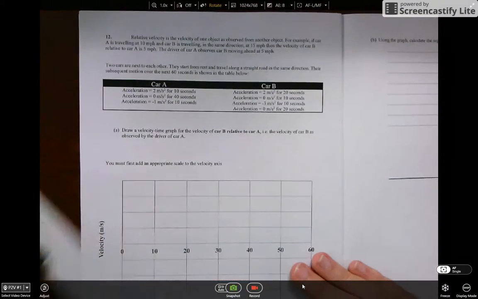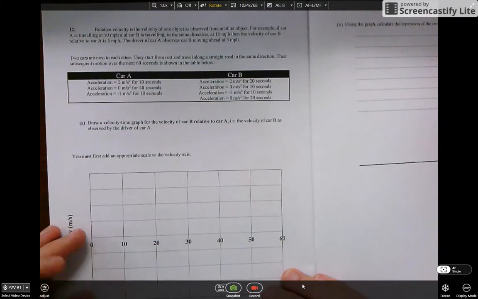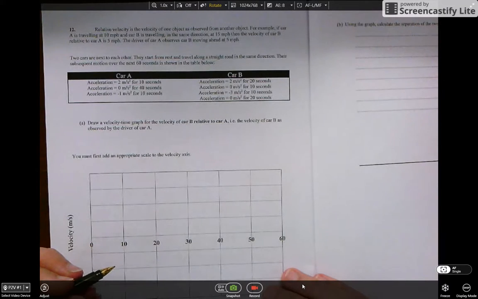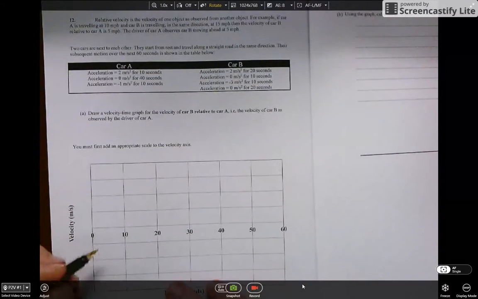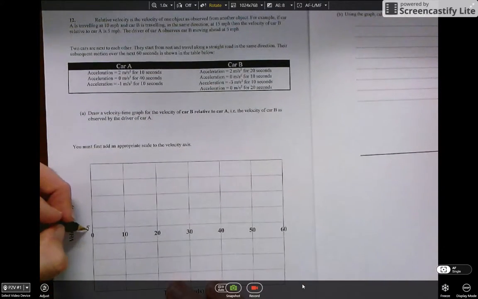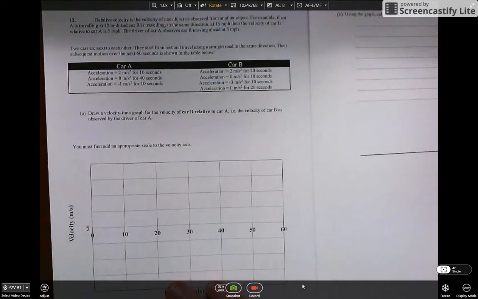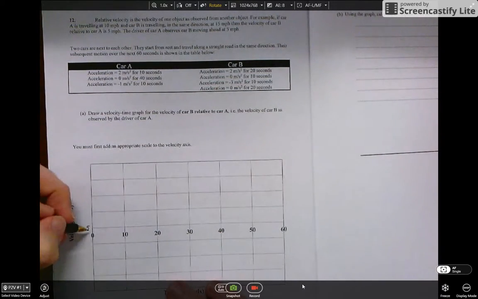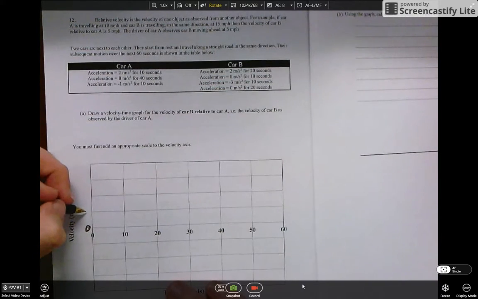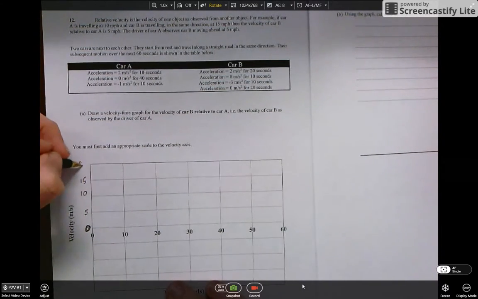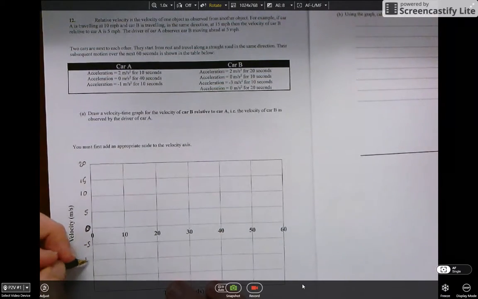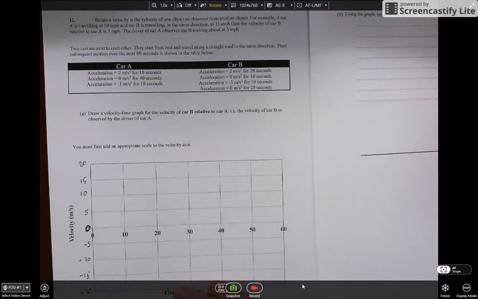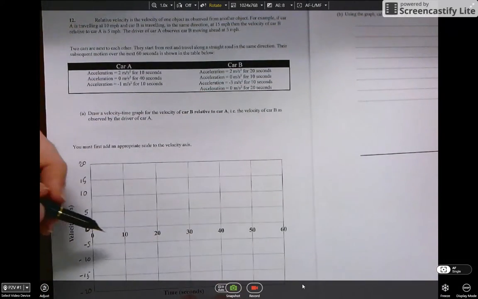Finally, the last question. Now this question was quite hard. We didn't include it in your final percentage. But we're asked to work out the velocity time graph for B relative to car A. So if we just look at car A, let's put some sort of scale onto the graph here. So if we have 0 at the beginning, and then we've got 5, 10, 15, 20 meters per second, minus 5, 10, 15, 20. If we look at car A, it's going at 2 meters per second for 10 seconds. So it's actually going